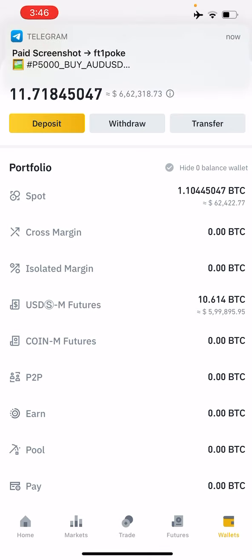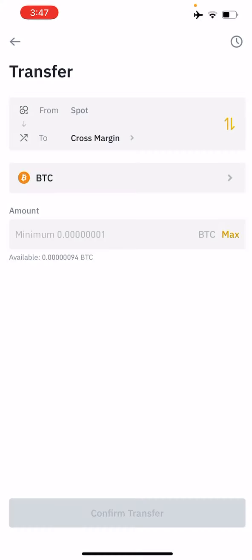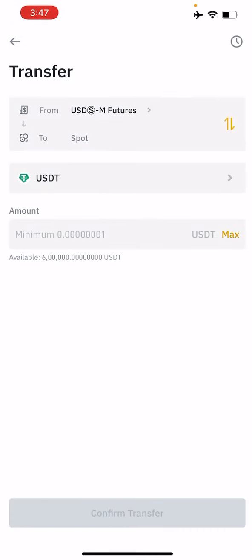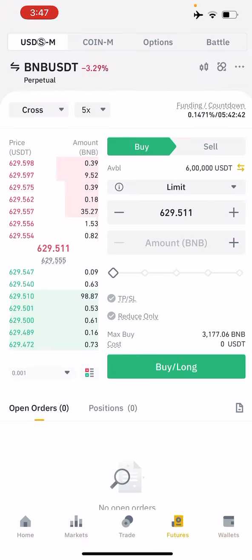This futures capital is the capital which we are trading. So we are trading in futures and spot. Once we want to transfer from futures to spot, we are just transferring the fund. It's a very simple step, and we can immediately transfer the fund to the spot and trade in spot. So first we will see all our futures trades.